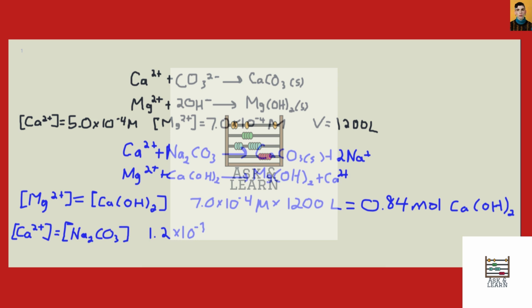So we're going to have 1.2 times 10 to the negative third molar times 1200. So we have to add 1.44 moles of our Na2CO3. And remember what I said, we have to add extra Na2CO3 because not only are we removing the calcium